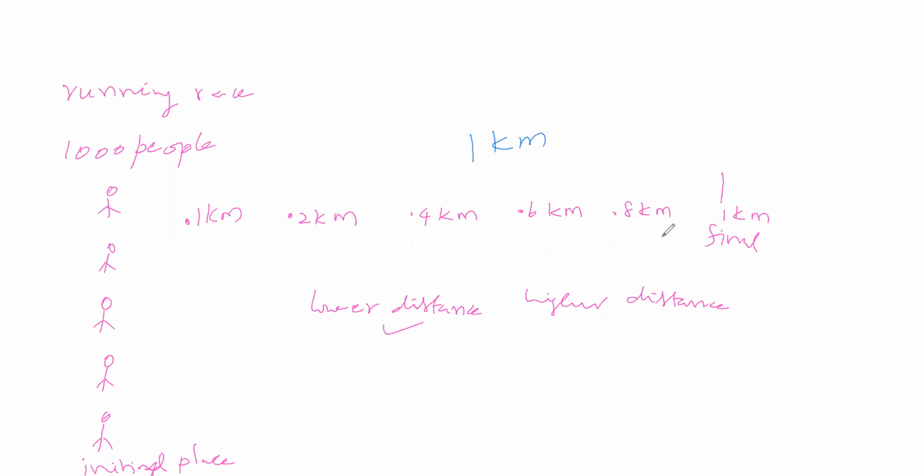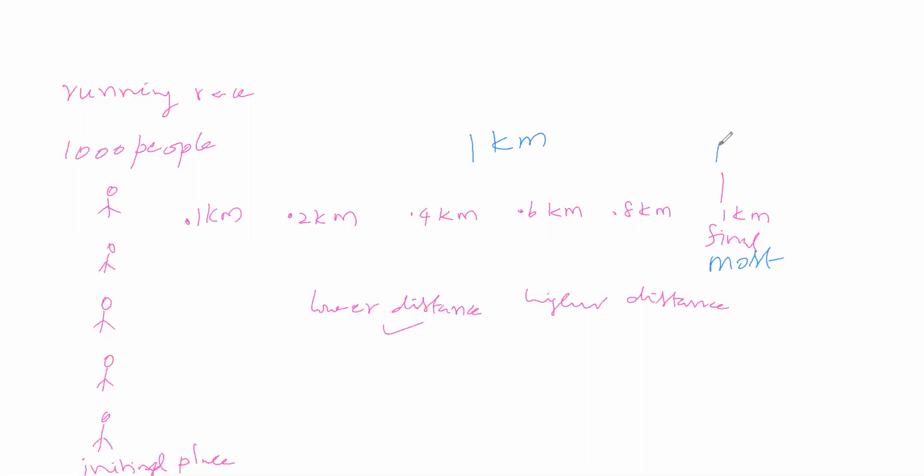Now, when the running race is over, somebody might have come to the final stage. Therefore, we said running race over. When one student says infinity, it means most of the people came to this place when the running race is over. Is that possible, do you think? Of the 1,000 people who participated in the running race, most of the people when the race is just over at that time.